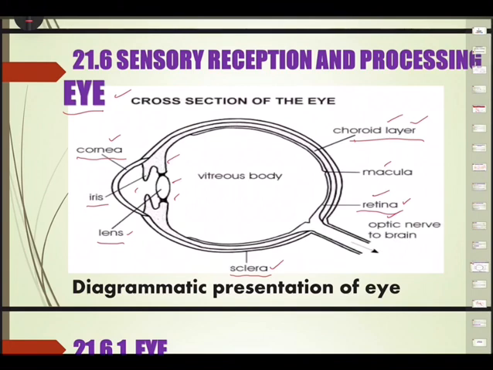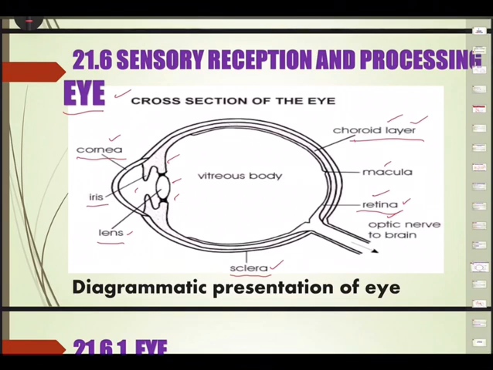The daylight, that is photopic vision, and color vision are functions of cones, and the twilight vision, scotopic vision, we call it, is the function of the rods. So rods and cones will play a very important role in color vision.